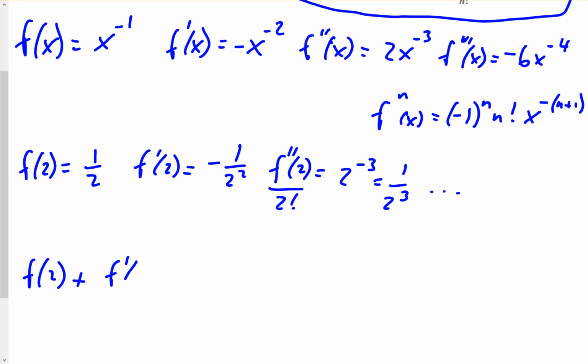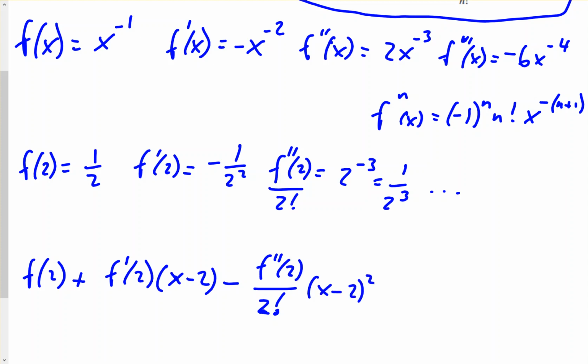plus first derivative evaluated at 2 times x minus 2, minus, then we have second derivative of 2 over 2 factorial times x minus 2 squared, plus, and then we would continue like this,